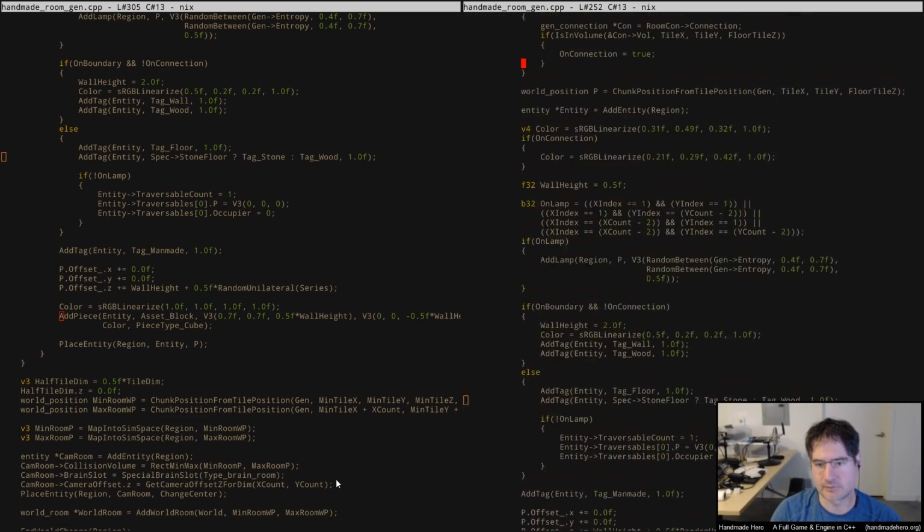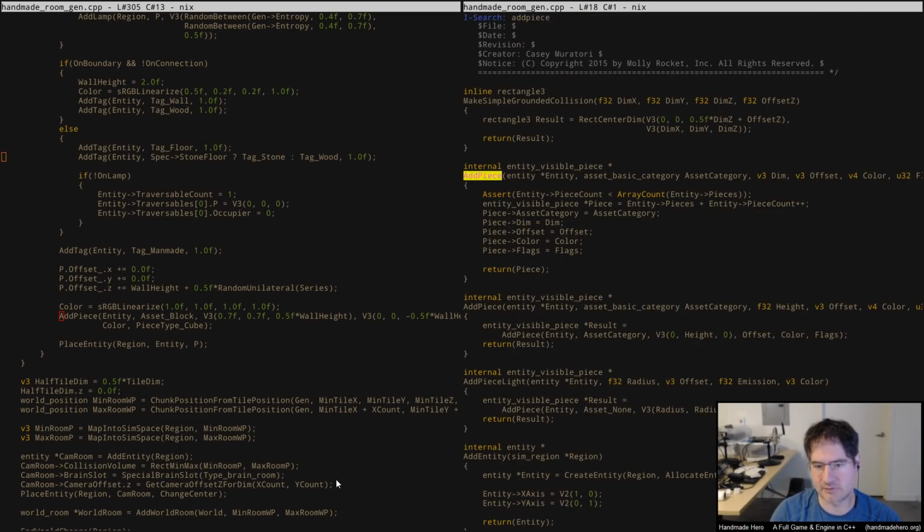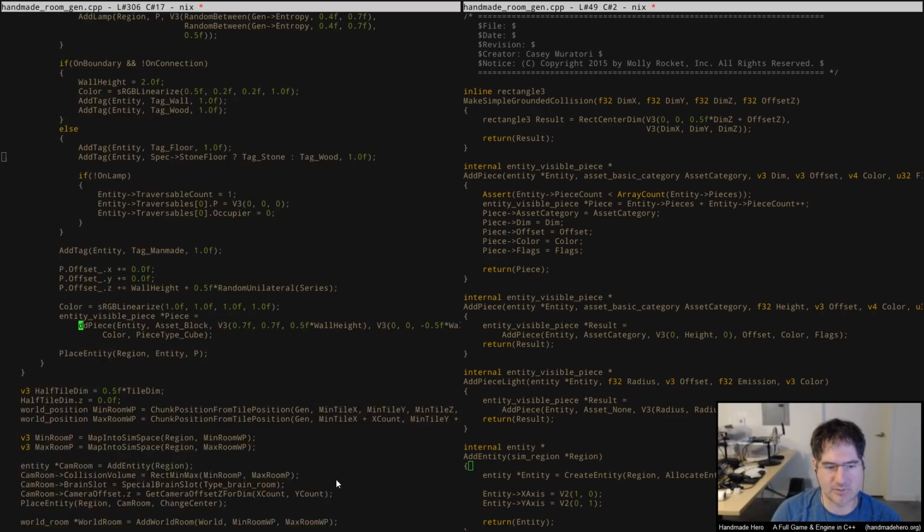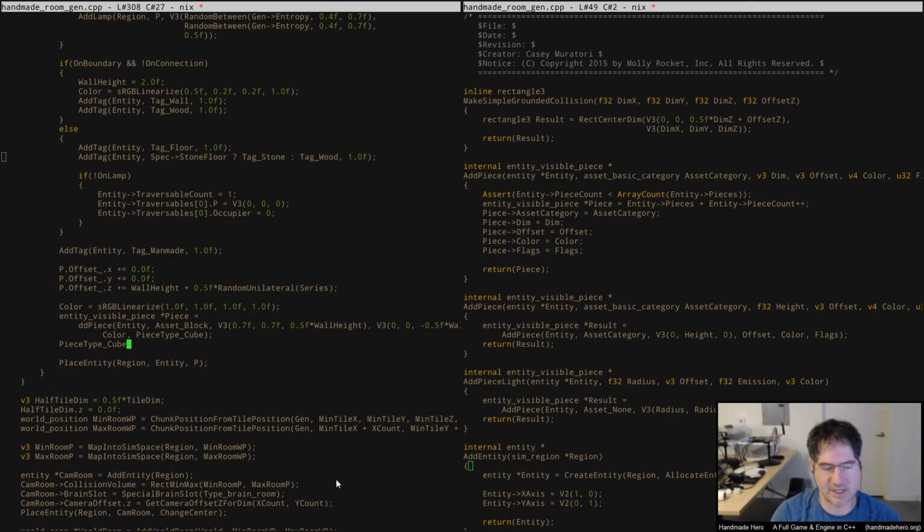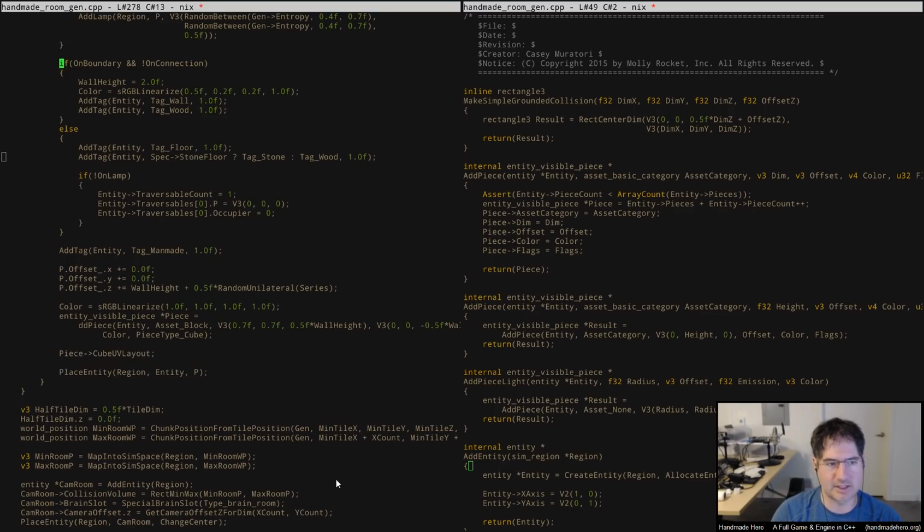Sorry, that's in here. So when we do an add piece, it doesn't set anything about that UV mapping. So what I want to do is say, well, when we do an entity visible piece and we add one of those here, I would like to be able to set the cube UV layout in situations where I think that's appropriate. And so one example would be